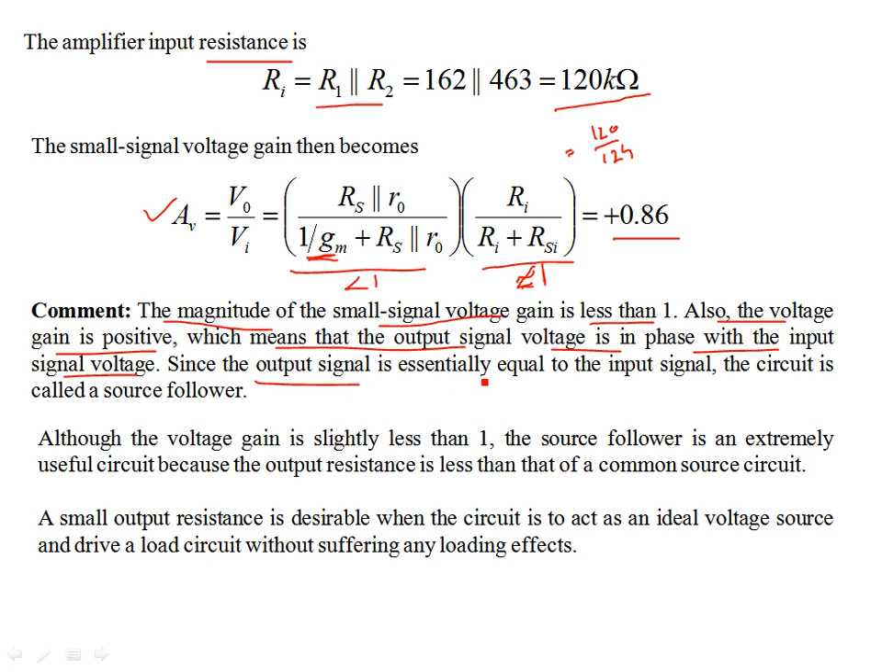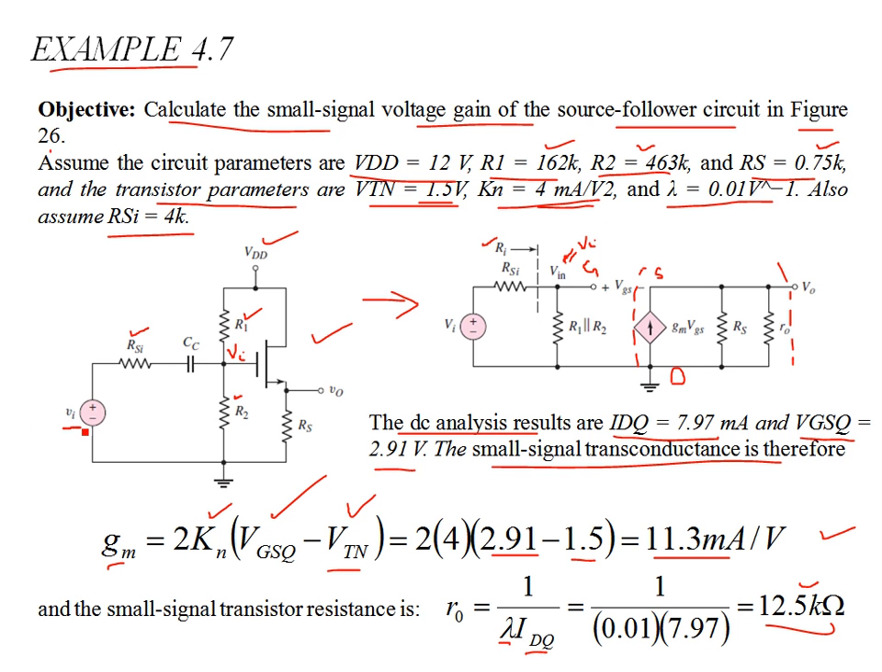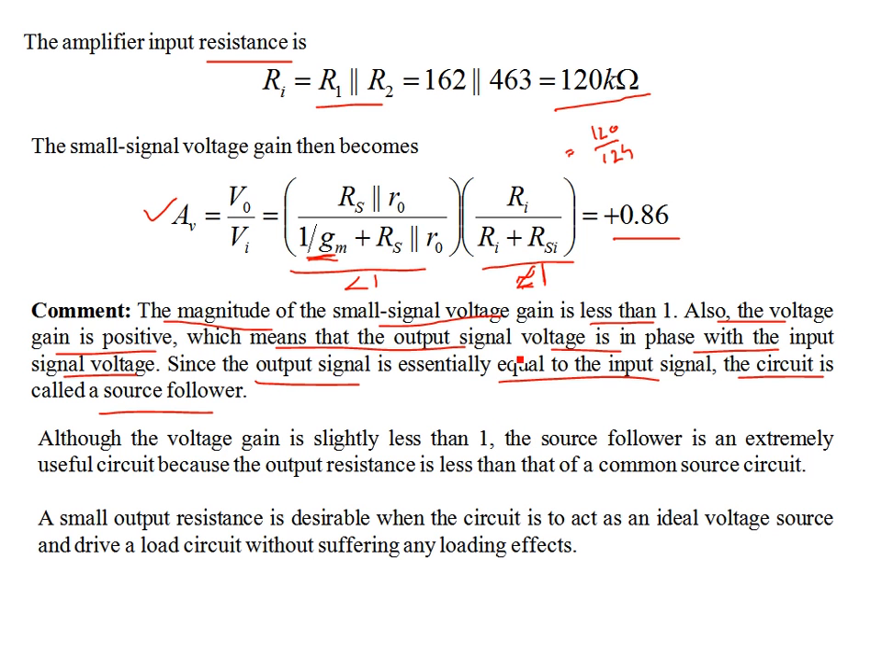Since the output signal is essentially equal to the input signal, the circuit is called the source follower circuit. Whatever input is applied to the common drain configuration, the output signal follows it. The output signal is almost Vi, like 86 or 90% of Vi. In this example, it is about 0.86 of Vi, 86% of Vi with the same sign. Although the voltage gain is slightly less than 1, the source follower is an extremely